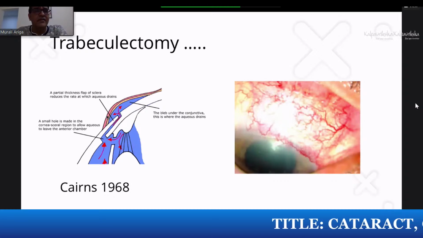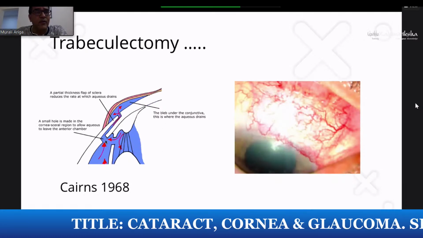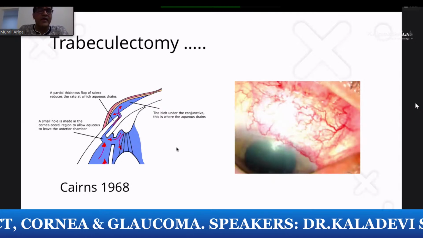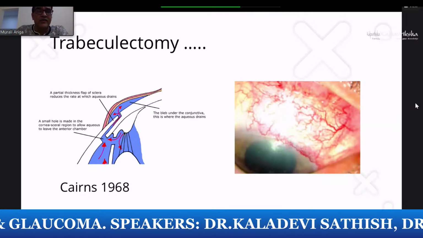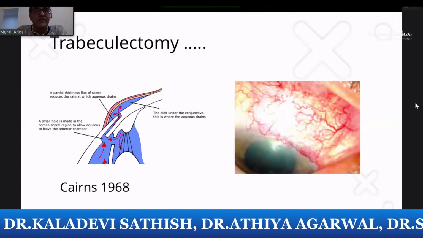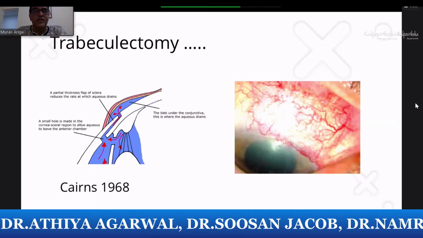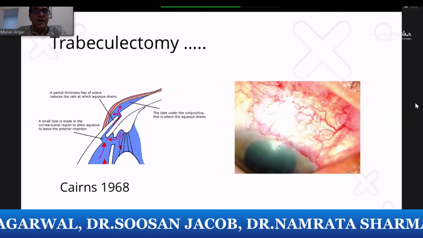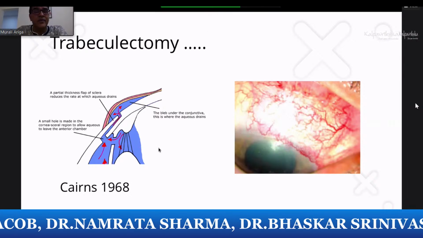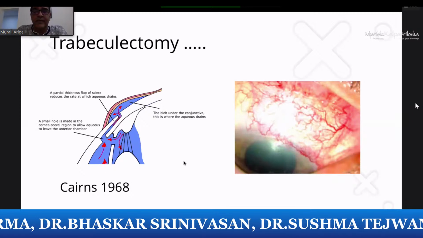A partial thickness scleral flap is raised, and under the partial thickness flap, we make a small opening called a subscleral sclerectomy or a trabeculectomy, the area in which the aqueous is allowed to percolate from the inside of the eye to the outside of the eye under this filtration, called a guarded filtration. So it's not a full thickness procedure, it's a partial thickness procedure under a scleral flap, and it allows the aqueous to percolate to the subconjunctival space, which is why the intraocular pressure comes down. And of course, you see what is called a bleb.